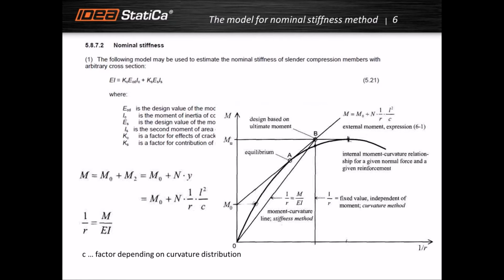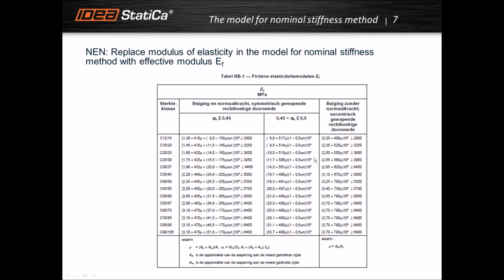And also, if you see this formula M0 plus M2, it is like M0 on the vertical axis plus the increment going in this line as n times the formula which I already introduced. So that is why